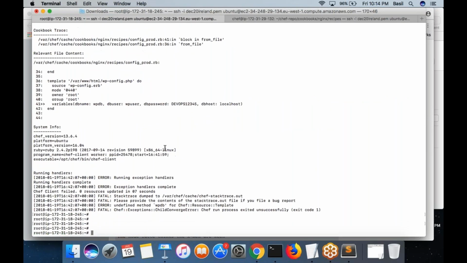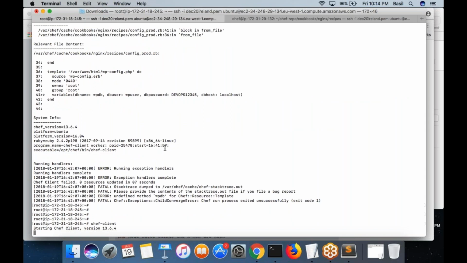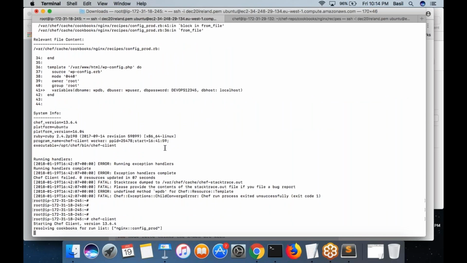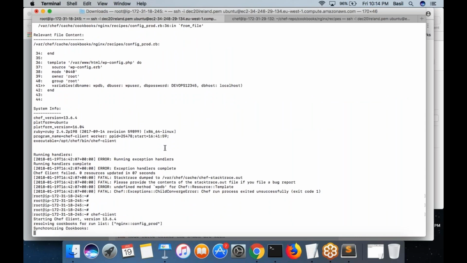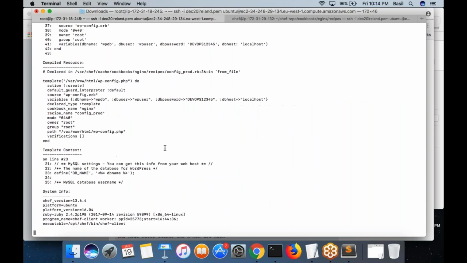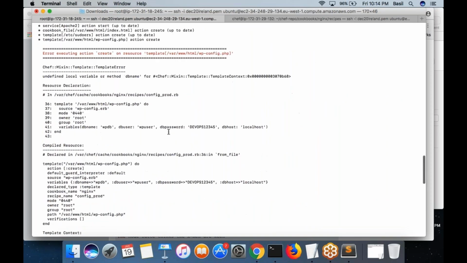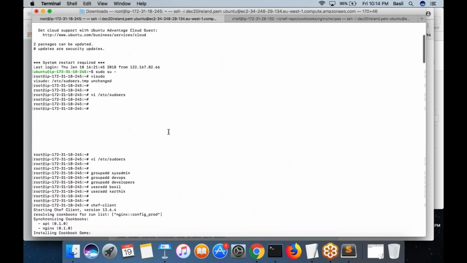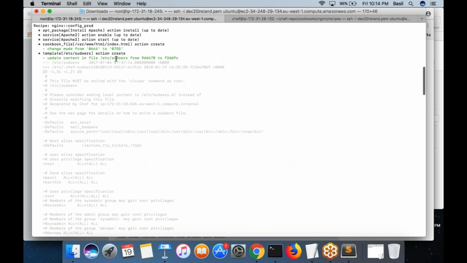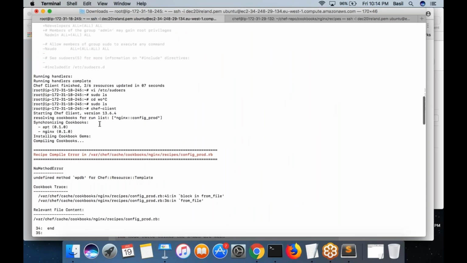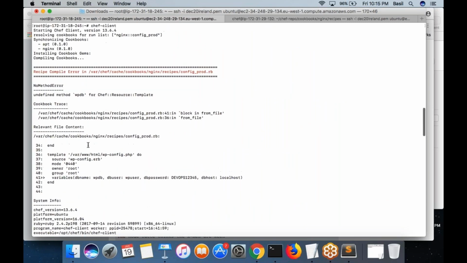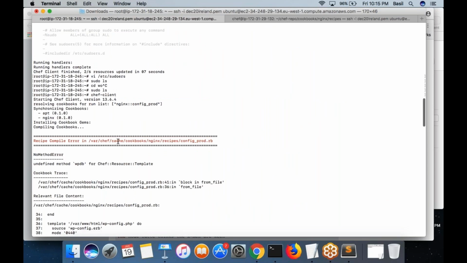So now run the chef-client command. I got another error. Config prod.rb, wpdb.